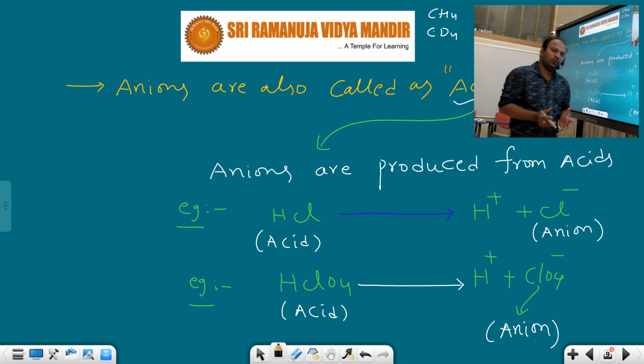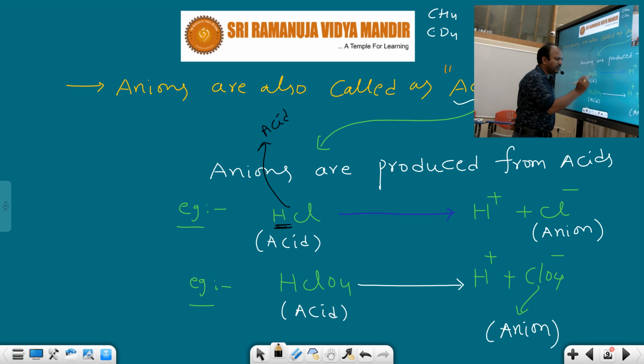How could we know whether a compound is an acid or a base? Base means, as I already explained, when the compound contains an OH group or hydroxide group, that is called a base. Now how can we identify the acid? Most of the compounds containing hydrogen, the first letter will be H. Hydrogen is there, that is considered as an acid. It starts from the letter H, that is considered as an acid.